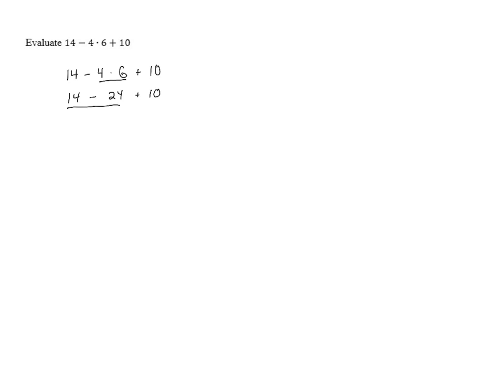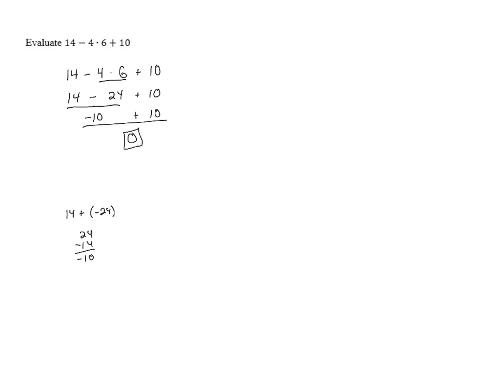14 minus 24, well, that's the same as 14 plus negative 24. These have different signs, so we'll take the difference. 24 minus 14 is 10. And we know that the larger number was negative, so that's going to give us negative 10. And now we can take that negative 10 and add it to 10, and that gives us 0 as a